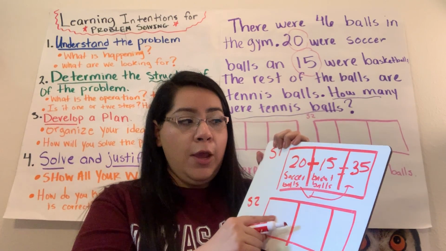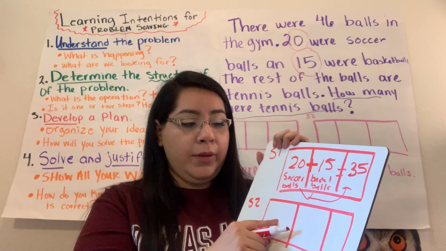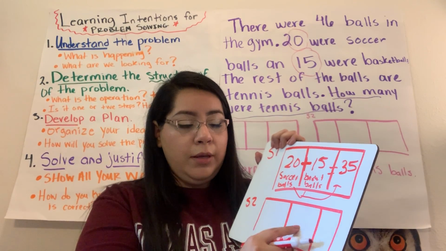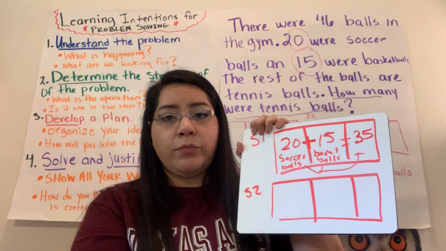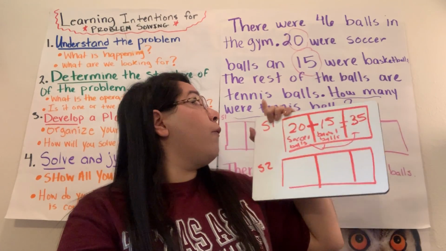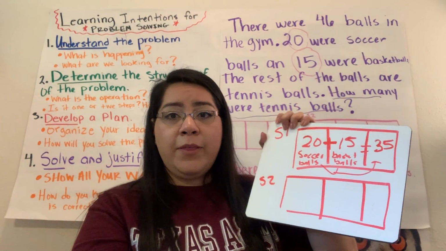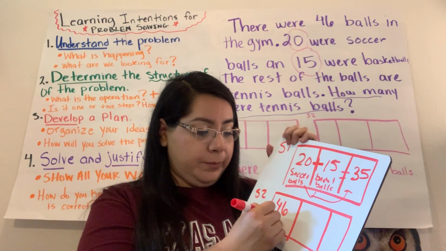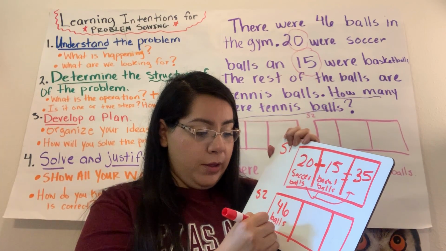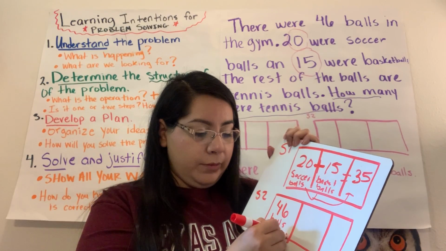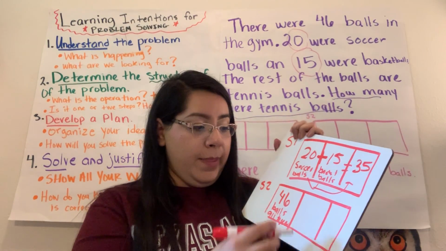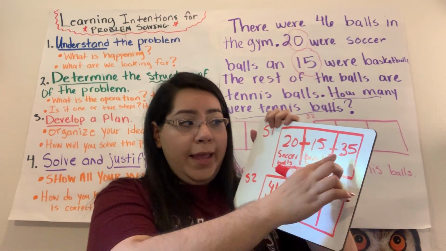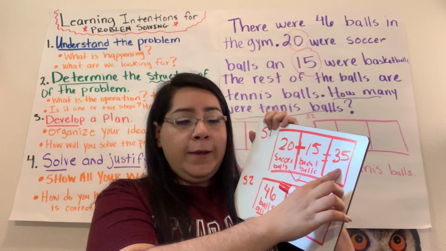35 is my answer. No, we have to set it up again, okay? What two things? And it's going to equal our total, okay? So we know we have 46 balls. So that's going to be the first number that we're going to put: 46 balls all together, okay? And then what we're going to do next is that 35 that we grabbed from right here, we're going to move